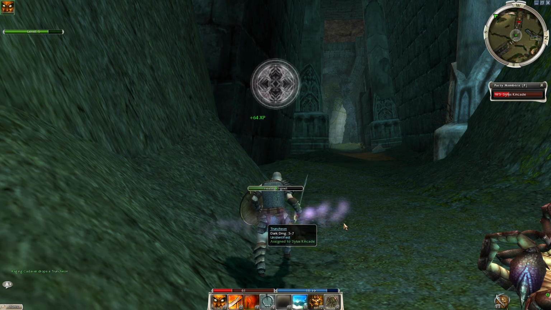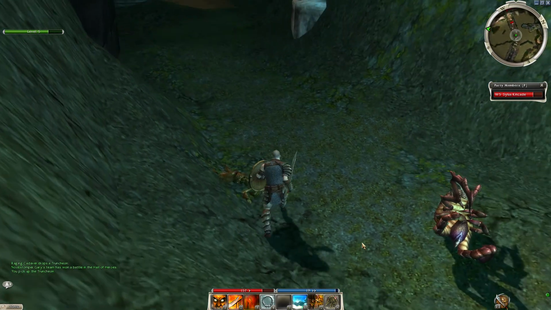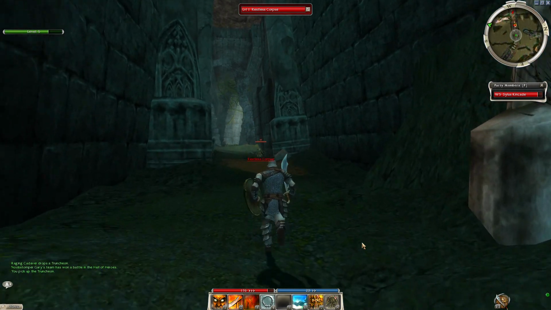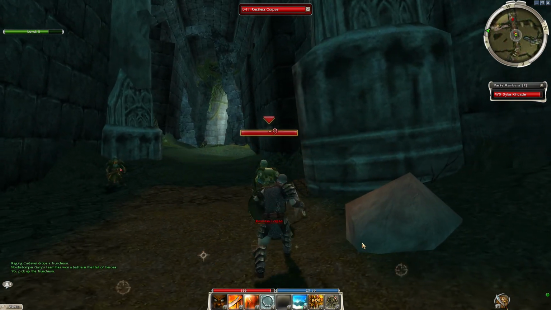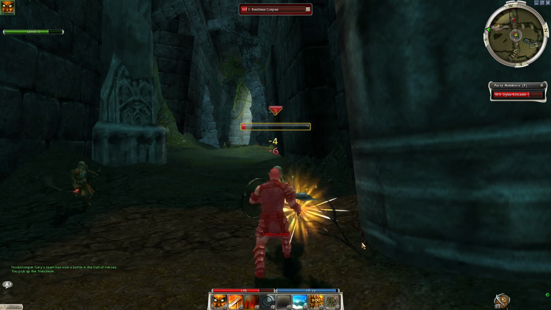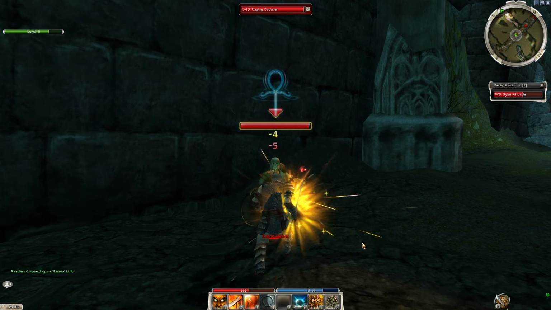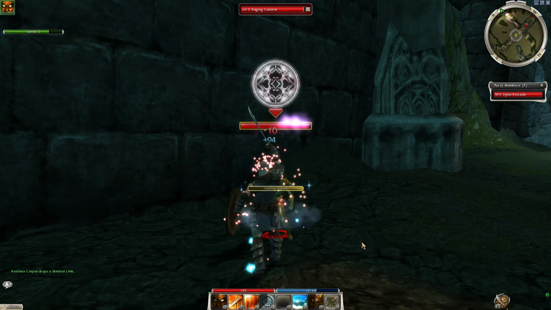Okay, fantastic. We got an unidentified truncheon, so that's usually geared towards necromancers. So what have we got over here? We'll go for the restless corpse first. The raging cadaver can wait. Yeah, sit down, Boney. There we go. Get that heal on. Get my main heal on as well. Bit of a waste, but